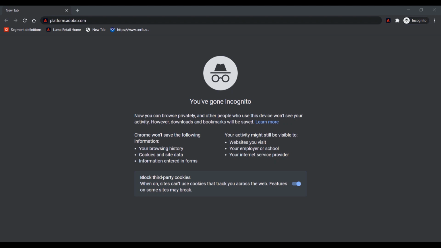So the easiest way to get into the platform UI is to open up a browser and in the address bar type in platform.adobe.com. There are a number of other ways you can get to the UI, but this is probably the most straightforward. So we'll hit enter